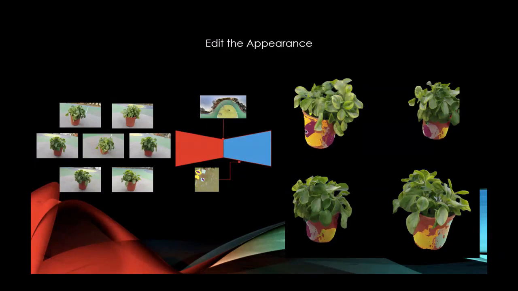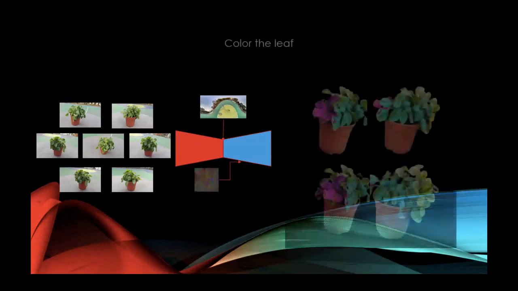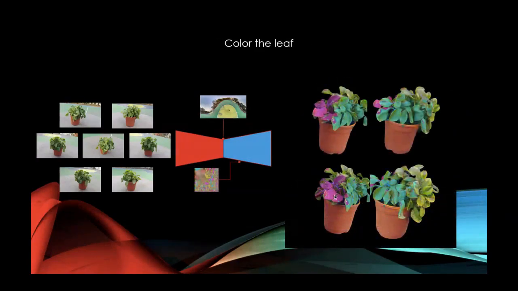You can see how the coloring of the scene is consistent with the geometry of the pot as well as consistent with the lighting. We can also color the leaves and you can see how the coloring of the pink leaves is consistent to the leaf and not spilling over. This is also consistent with the lighting of the scene.